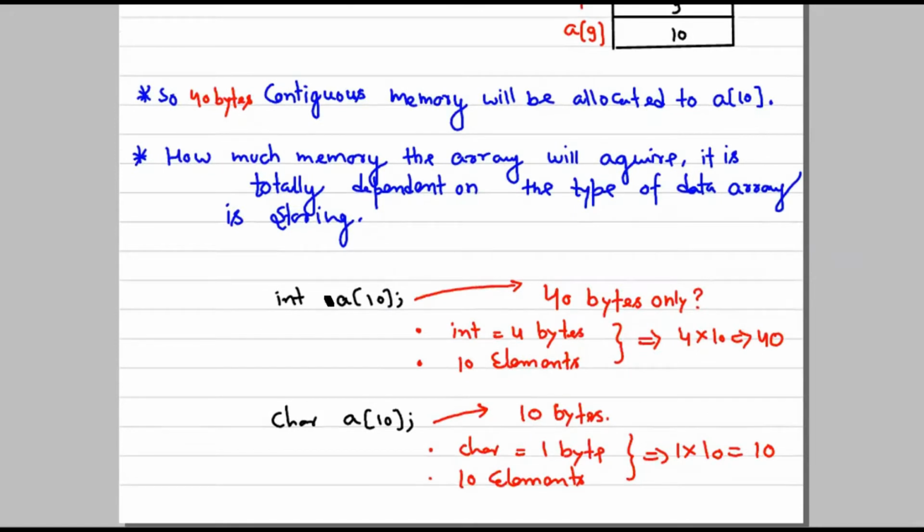But we are not interested in the primary data types in today's lecture. In today's lecture, we are interested in arrays of objects. Instead of an array of integers or characters, we will be creating an array of objects. So where does this object come from? The object is an instance of a class. So there would be a class.